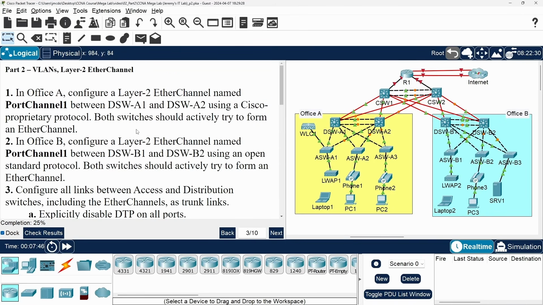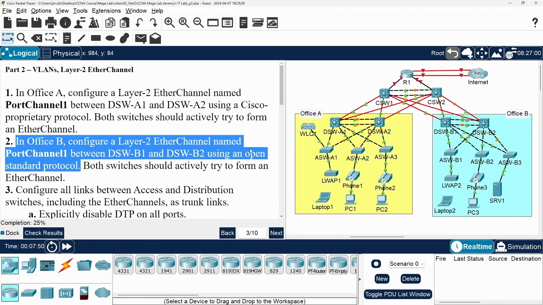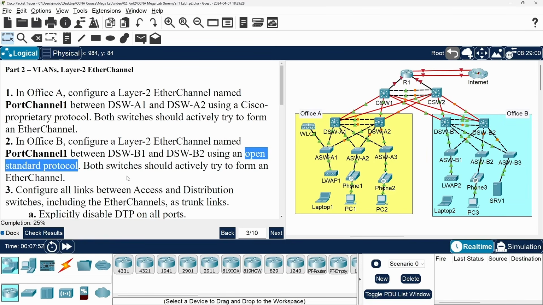And Step 2 says the same for DSwitch B1 and B2, but says to use an open standard protocol. So a Cisco proprietary protocol means we'll configure PAgP, Port Aggregation Protocol, between DSwitch A1 and A2, and an open standard protocol means we'll configure LACP, Link Aggregation Control Protocol, between DSwitch B1 and B2.